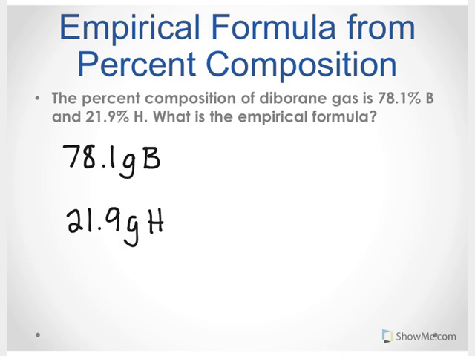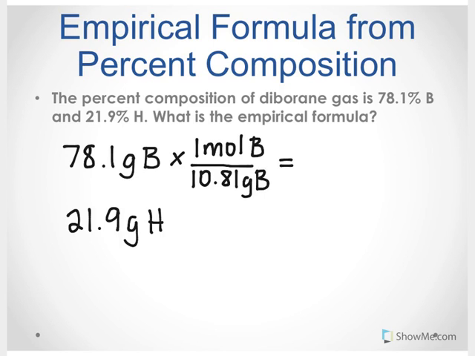And so what we need to do to actually get a ratio of the number of atoms is we need to convert each of these values into moles. Now, what we're going to do is multiply each one of these values by the molar mass. And we know that 1 mole of boron, looking at the periodic table, so stop, look at the periodic table, look for boron, and find its atomic mass. Now, when you look at the periodic table, you're going to see that its atomic mass is 10.81 grams of